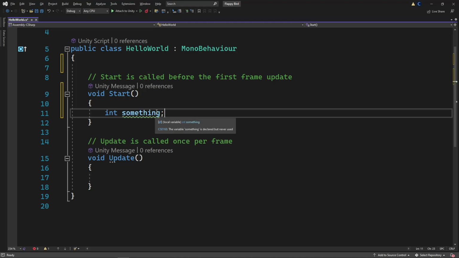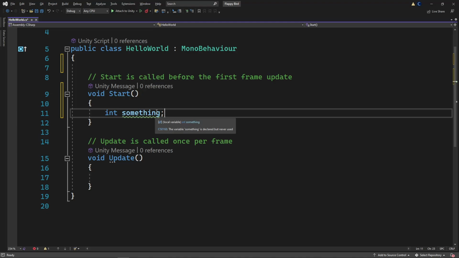What happens if I put something before hello world? That's a great question. So that would mean that hello world does not have access to that necessarily. So I actually can't type that out here if I was to put in public int. Visual Studio is not even letting me type something. That is going to give me a compilation error saying that a namespace cannot directly contain members such as fields, methods, or statements. This thing cannot exist here, but